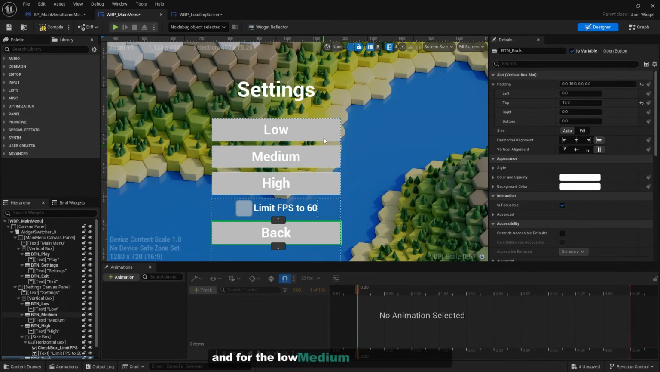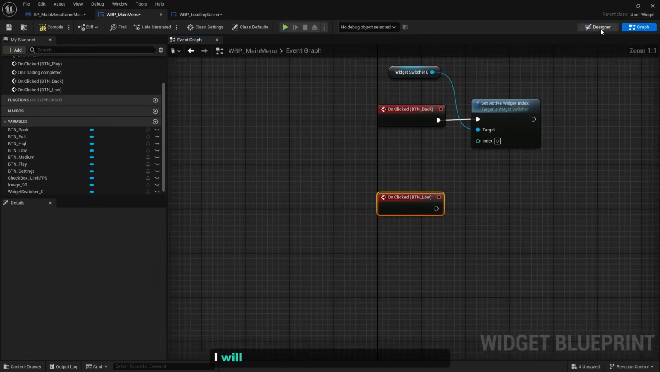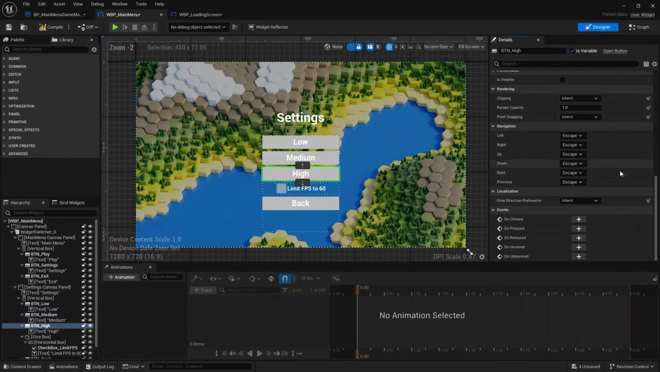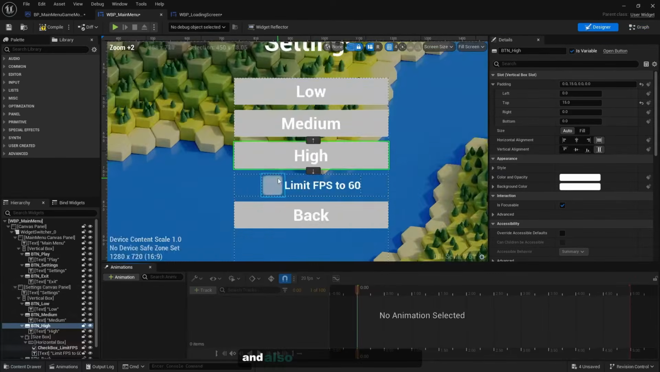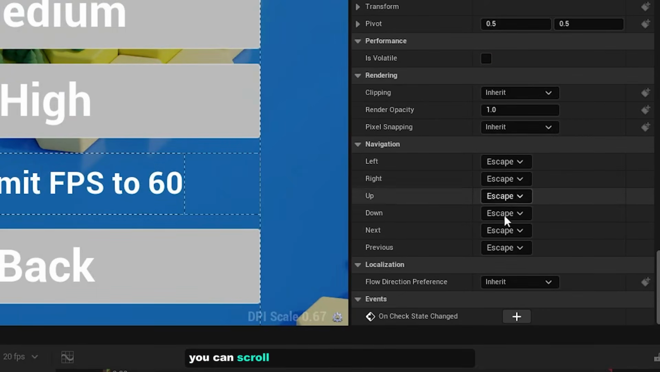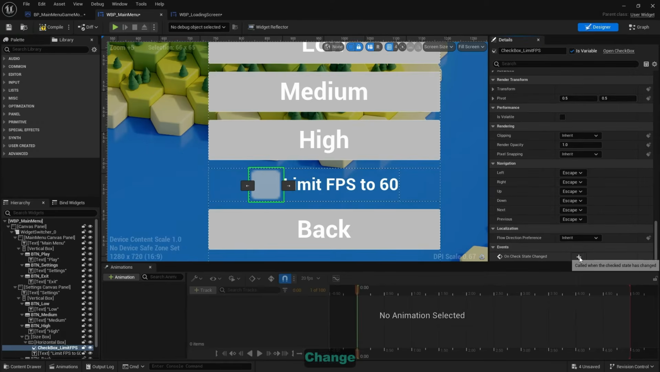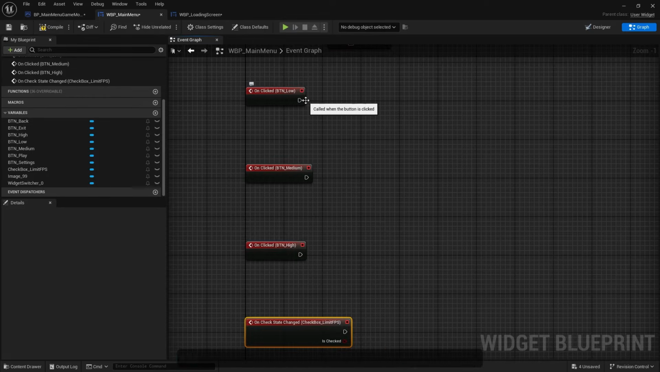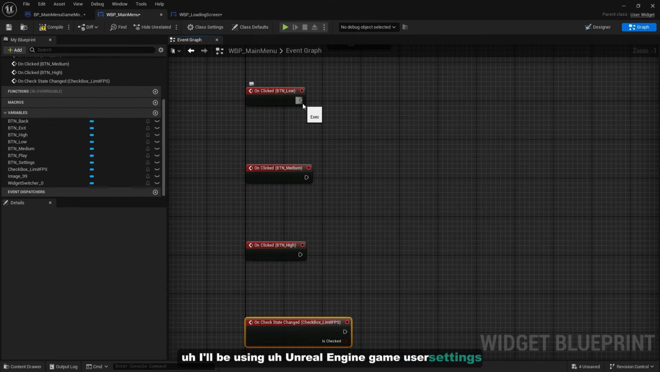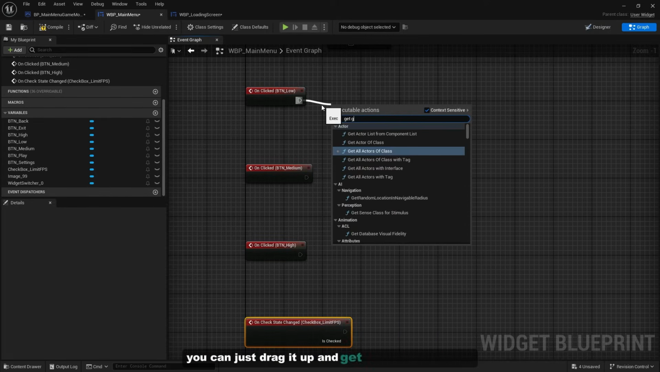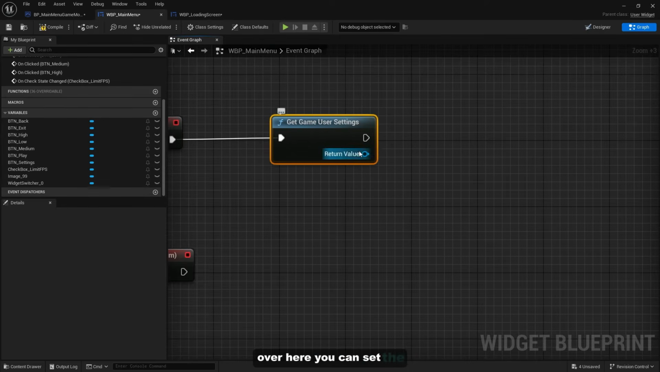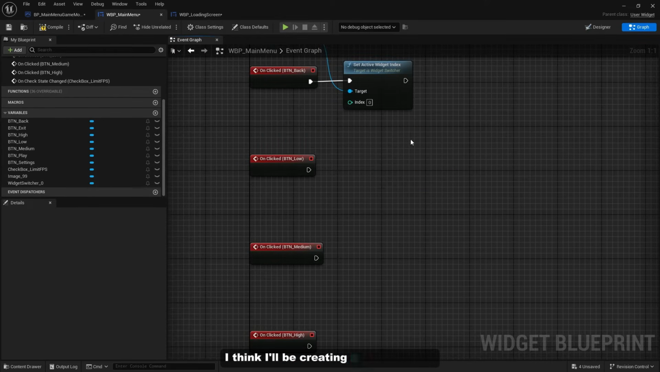And for the low, medium, and high settings, I will add the event click for each button. And also on the checkbox here, you can scroll down until you find On Check State Change. You can click that. Now on here, I'll be using the Unreal Engine Game User Settings. You can just drag it out and get Game User Settings. Over here, I think I will be creating a new function,